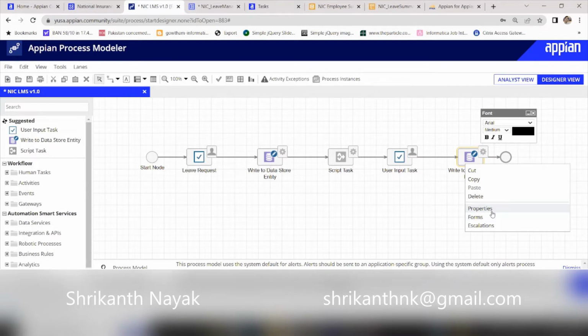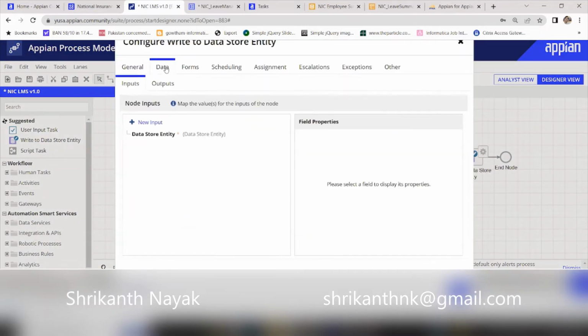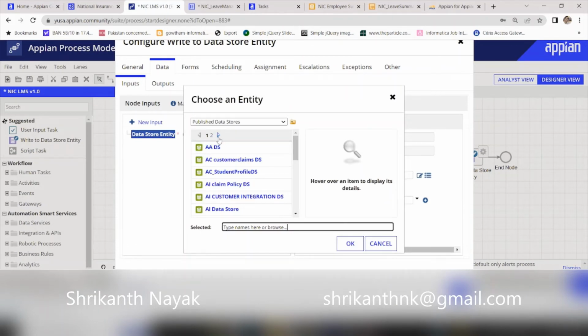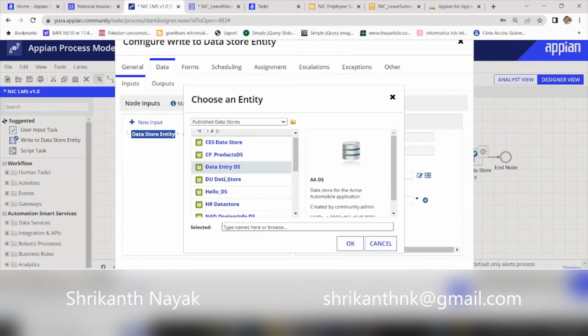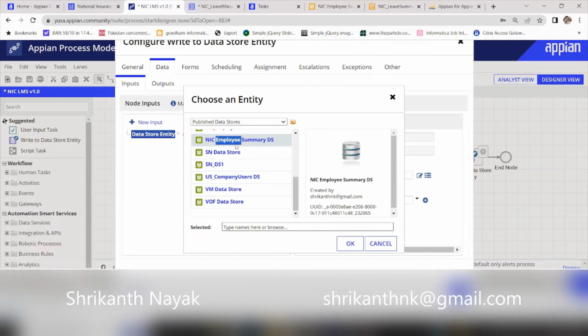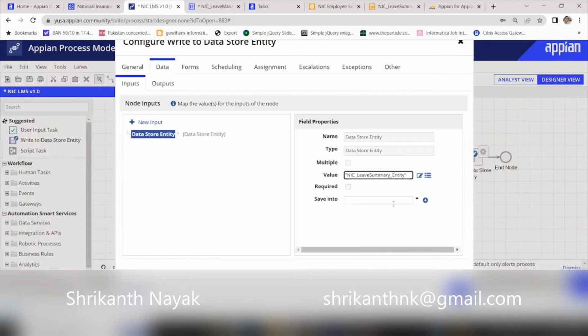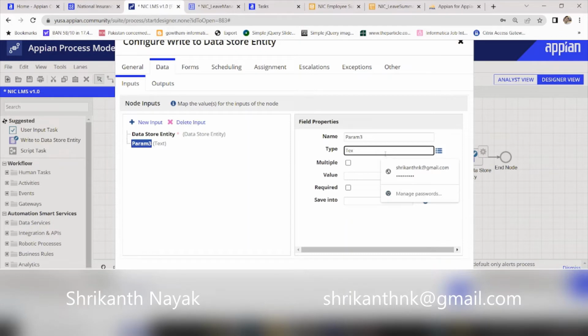Go to properties, go to data, and select the data store entity. In this case it is going to be NIC employee summary data store, and NIC leave summary entity is the entity name. Click on OK. Again pass the value here. It's going to be NIC leave summary, and value is going to be NIC leave summary. Click on OK,